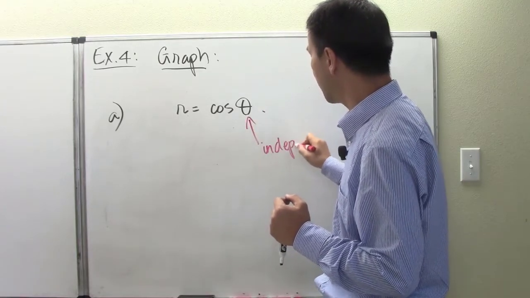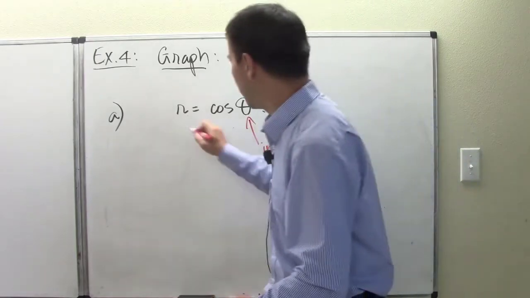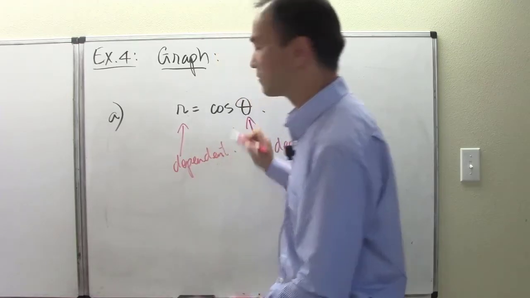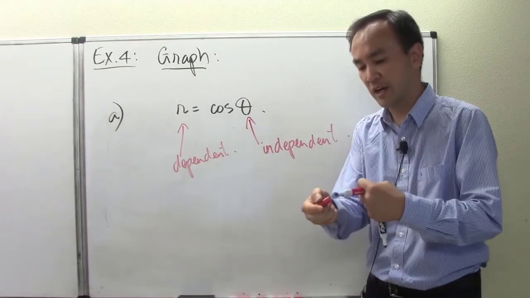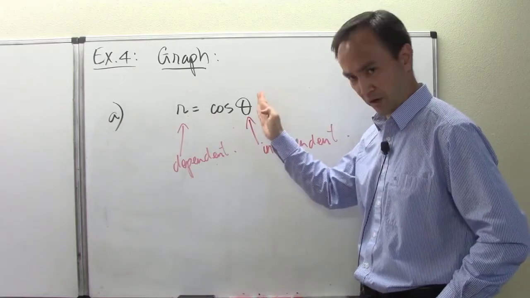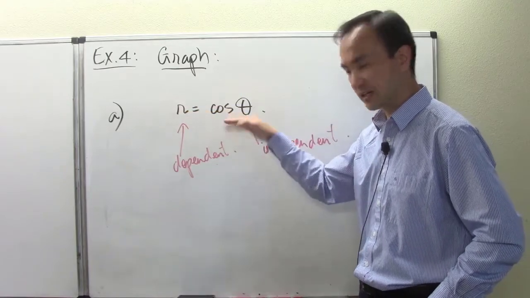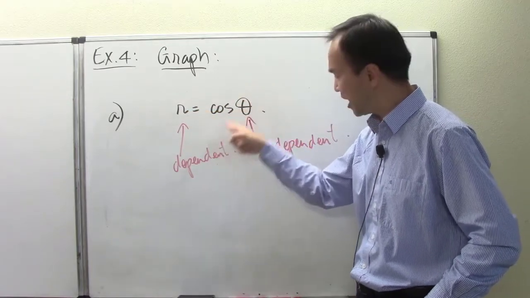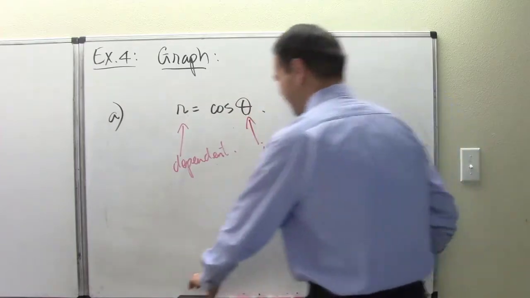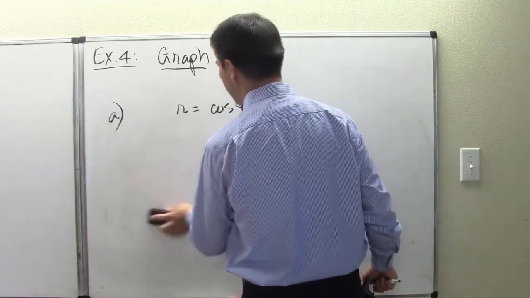Okay, this is the independent variable. That means we can assign any value for that. And this is the dependent variable. They are changing in their value. That's why they are variables. But one of them is the independent one, meaning we can pick whatever value we assign for that. But then this one here has to come out according to this rule: take cosine of your independent value right there. Okay, and so now in that way, once we clearly identify our dependent and our independent value,